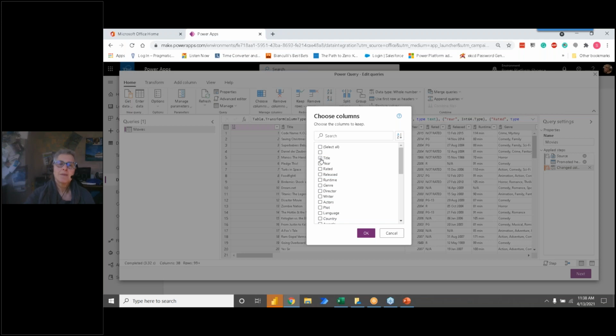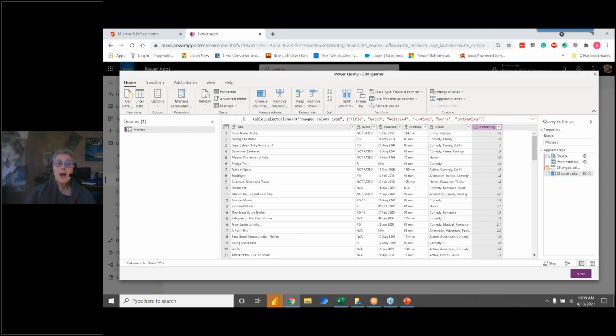And these are actually the same steps that I use with Power BI in case you're interested. So I want this and this and this. Oh, wait, I don't want that. I want this and runtime and genre, and I want the IMDb score. There we go. So I'm just going to keep those.